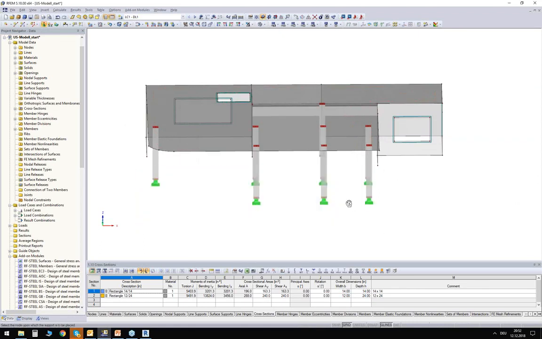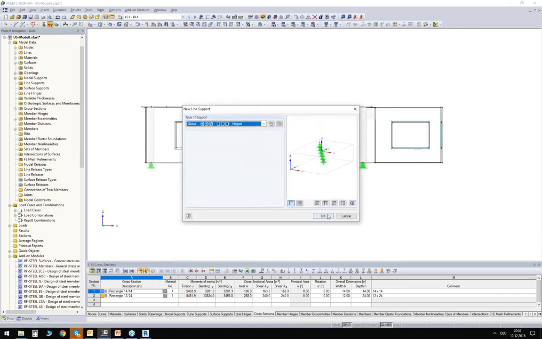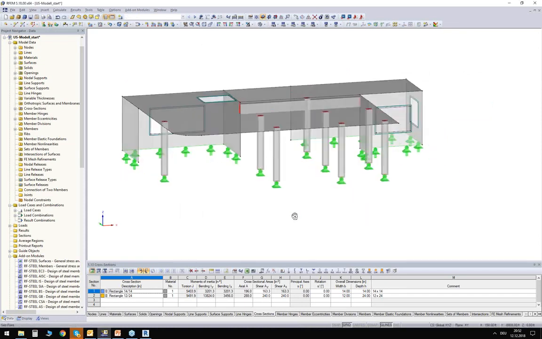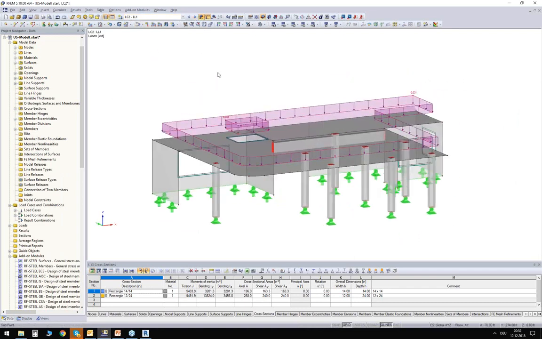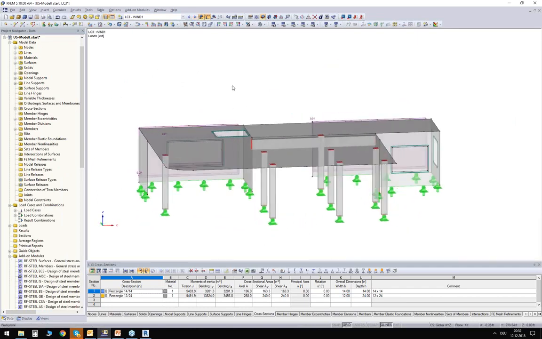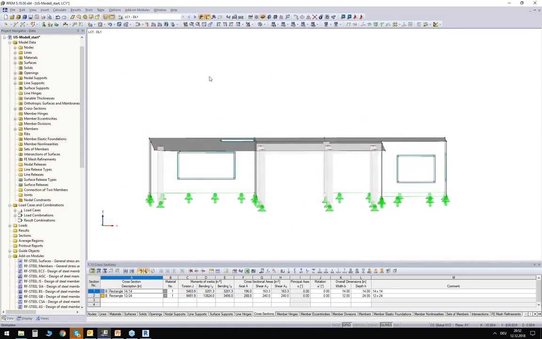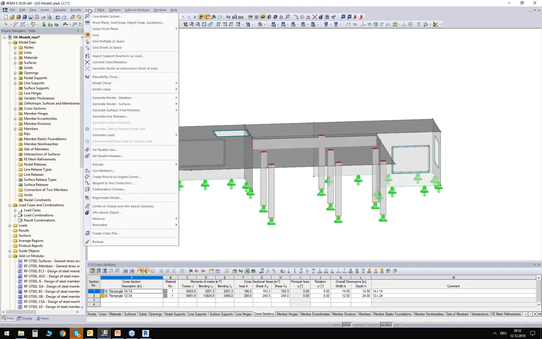You can support the columns with nodal supports. You can assign line supports onto the walls. And we also imported the load cases from Revit. So we have here the live loads on top of the slab. We have some wind loads and so on. But we do miss now the loads from the structure which we have on top, you know, the pavilion, the support forces. But there is a nice tool in RFEM, and you can call it up via the tool tab,